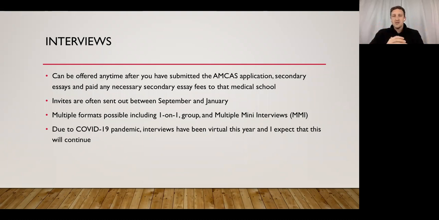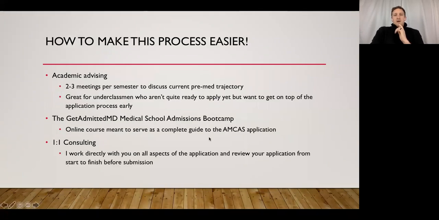So you may see it as probably less common now that everything's on Zoom, but it's still out there. And then, just the last bullet point here, due to the pandemic, interviews were virtual this past year. I imagine that this will continue for the time being until we get more vaccinations out there and everything like that.